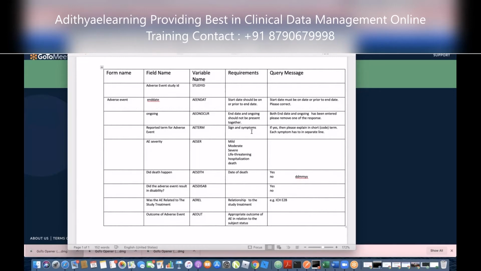As a data manager, sometimes what we do is we call it a manual check. We add a row and say program checks and manual checks. The first two that we did were program checks. The third one, the requirement is that two terms should not be reported together, like what you said. As a data manager, you will not query like that. So let's remove this. Your variable is correct, your field name is correct. I understand your point, but remember always that in this format,